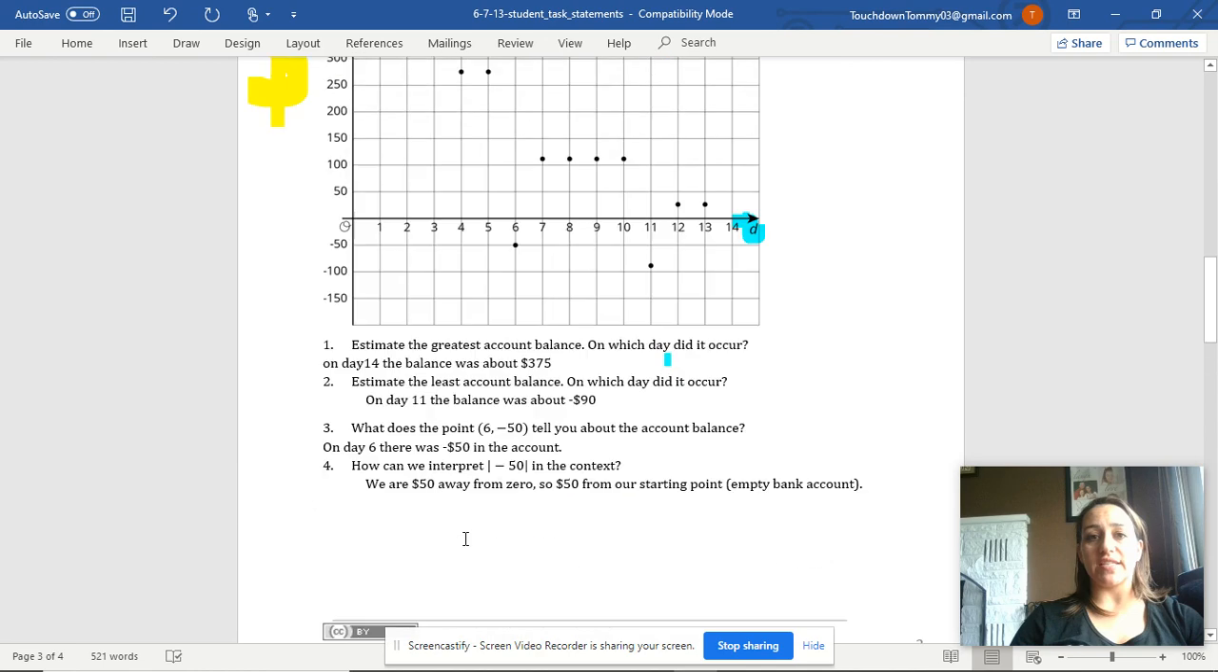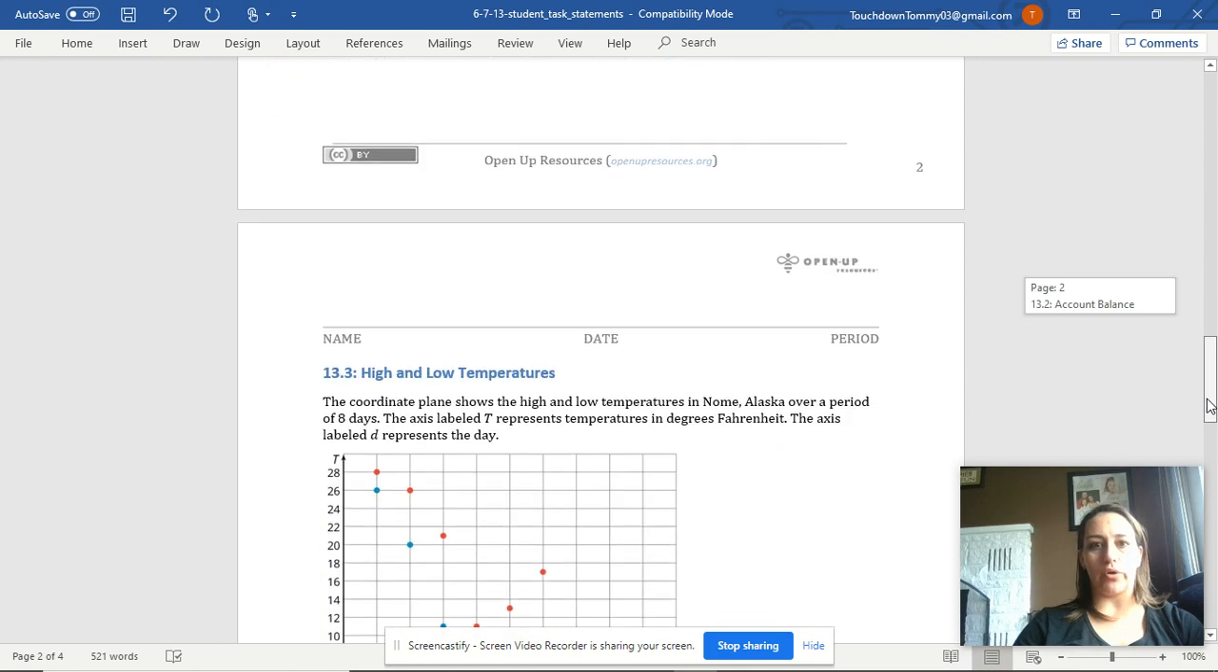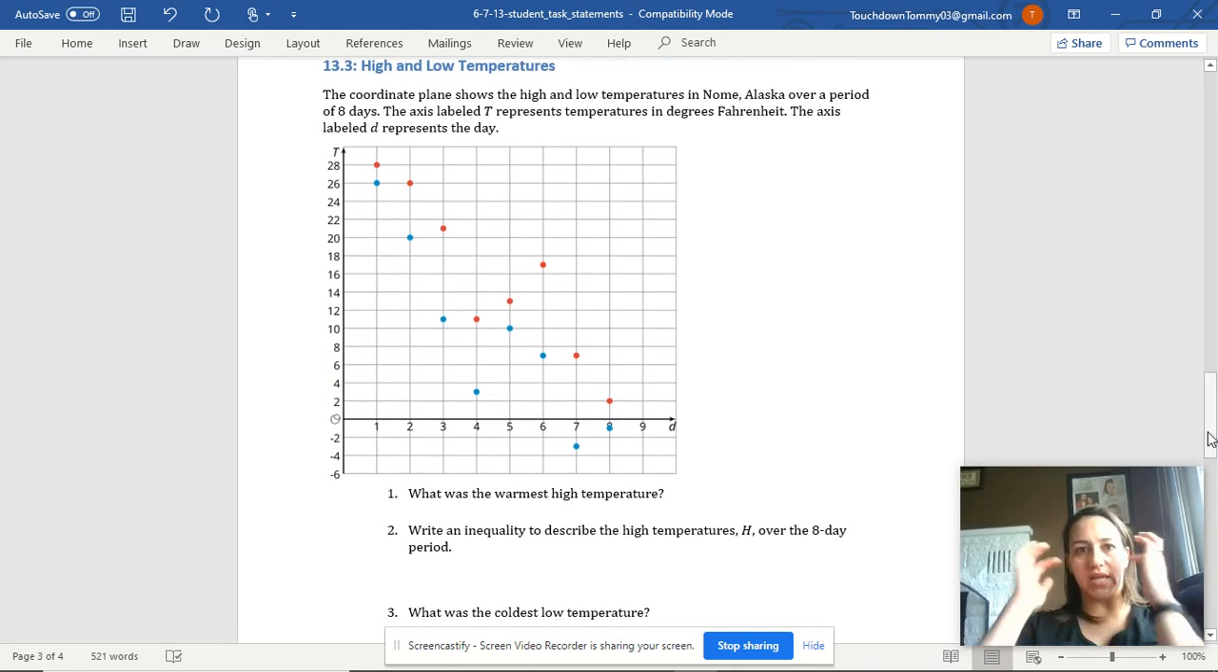That's the last one for this. So we're finished with our bank accounts. We're going to look at one last scenario that goes along with our grid. So here we've got one that's got high and low temperatures, and you'll notice we've got two different colors of